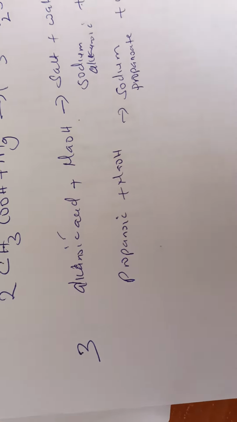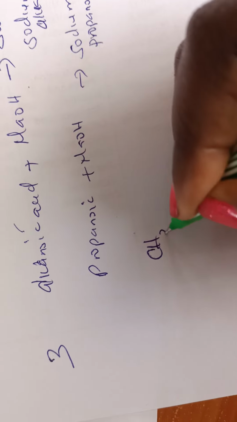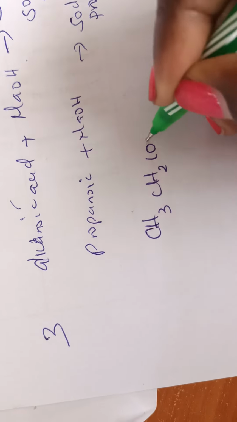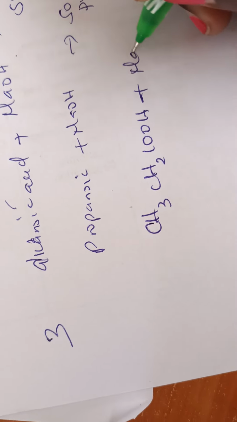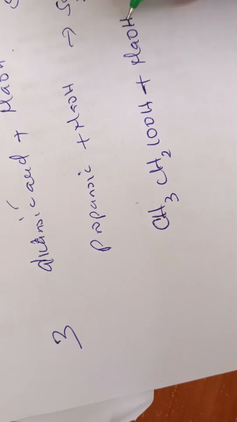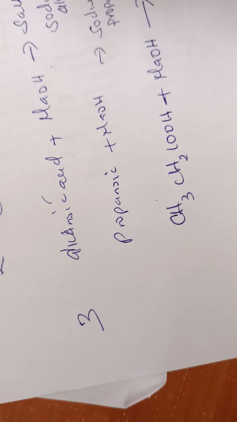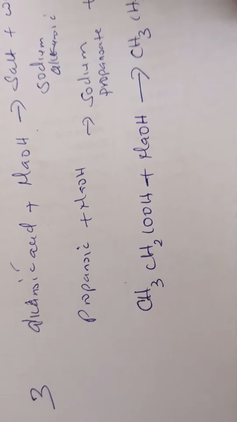The chemical equation is propanoic acid CH3CH2COOH plus sodium hydroxide. We get sodium propanoate, so we have CH3CH2COO